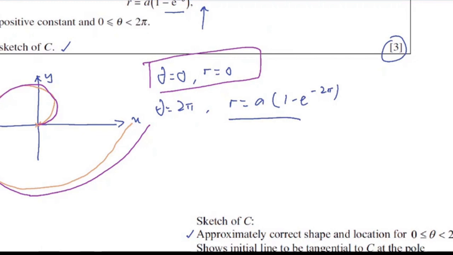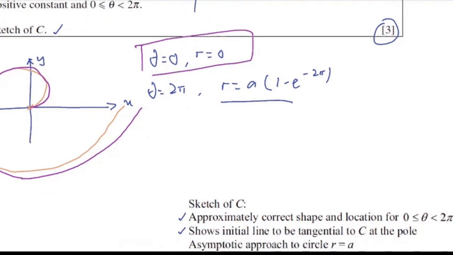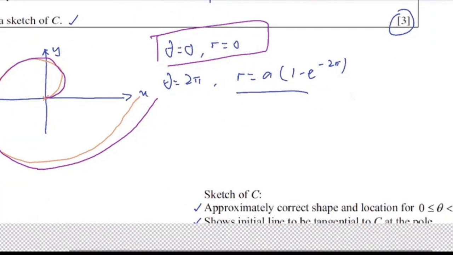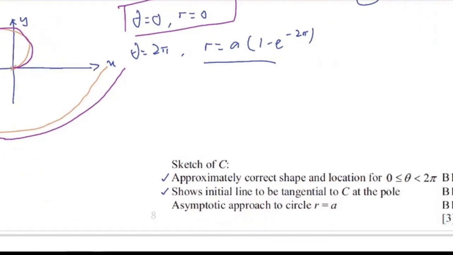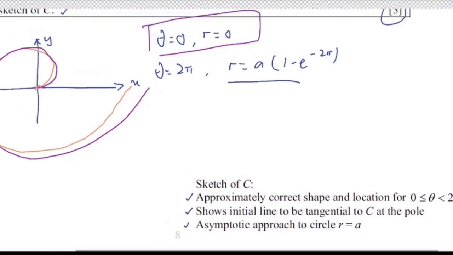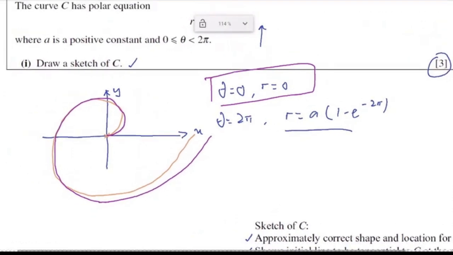After that, the second one is show initial line to be tangential to the C at the pole. So this is what we did in the purple curve. The third one might be very subjective to the examiners: asymptotic approach to the circle, which is r equals a. In a mark scheme, they don't really have the real sketch for us. You can use a plotter to check your answer. But for the third part, where they ask for the asymptotic approach to the circle r equals a, it means that the spiral we have drawn should be like,